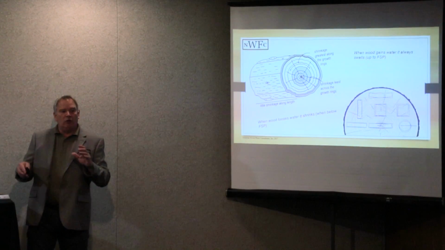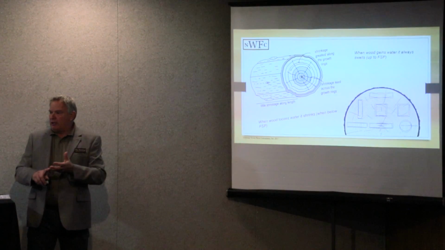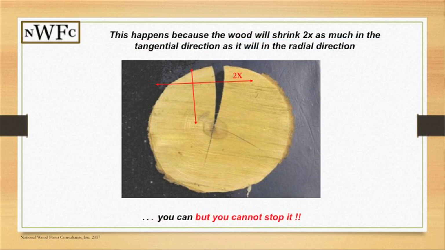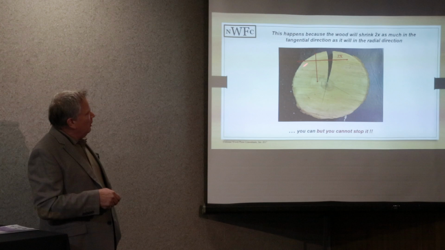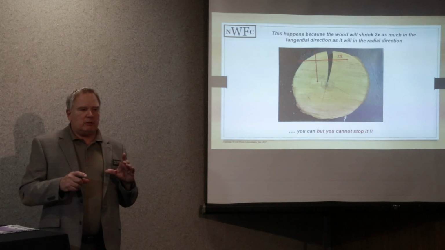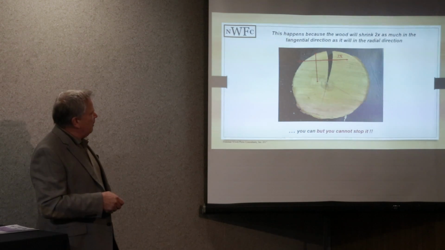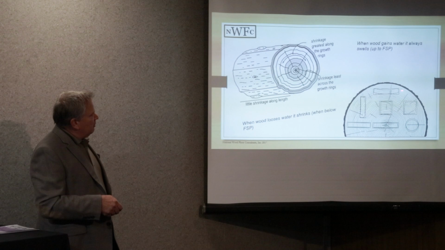So it'd be important to know what species, what type of grain cut it is, and how it's going to perform. When this happens, you're going to see the wood will shrink 2.5 times as much in the tangential direction than in the radial direction. And when you look at this, no matter how we try stopping that log, we cannot physically stop it from splitting. And the reason is because, as we saw here, it's going to shrink 2.5 times this, or 2 times this direction,